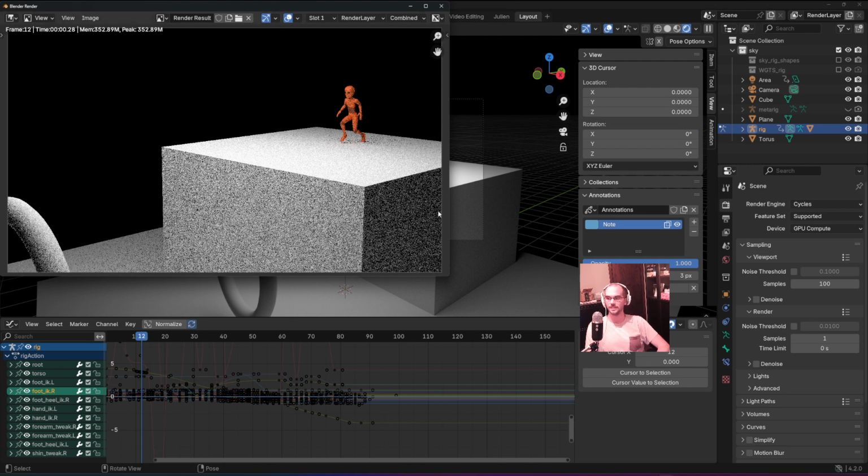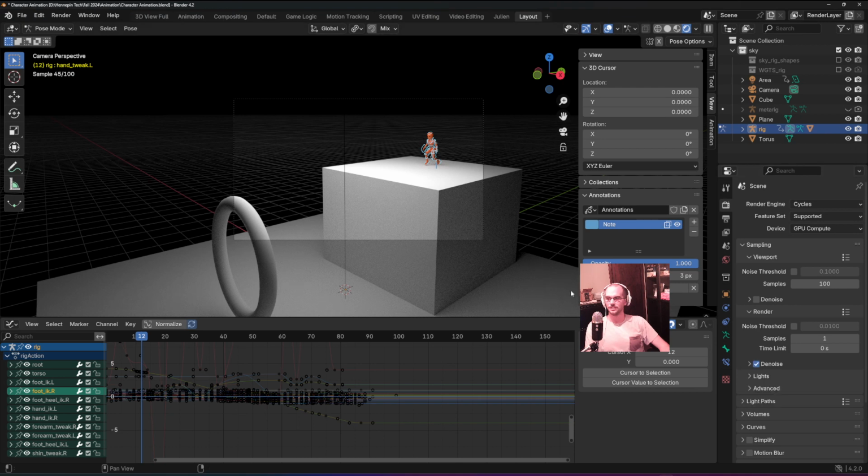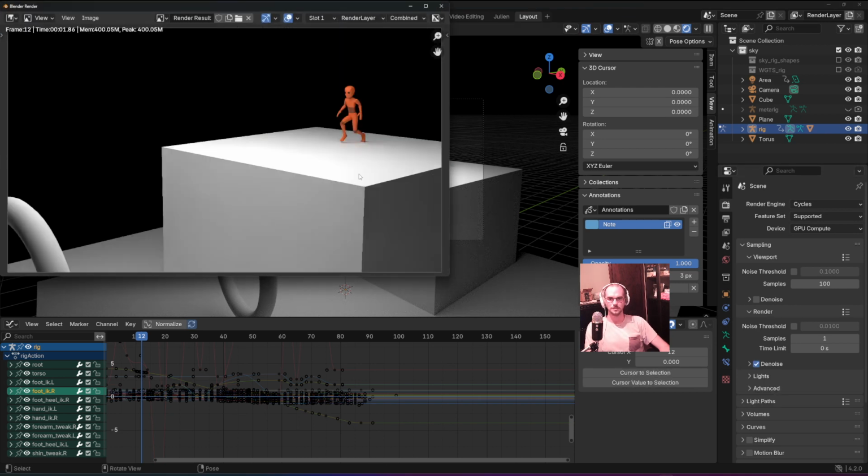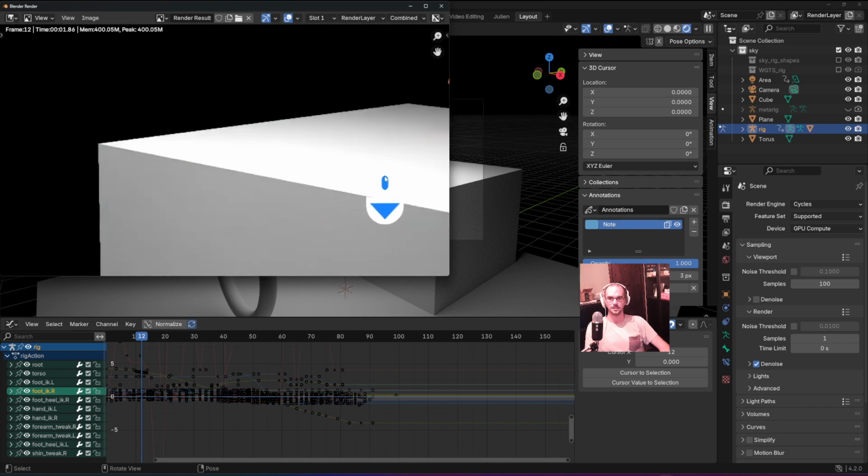Oh yeah, and this is it. Okay, and that's no denoise. So this is what it looks like with one sample and no denoising. Now let's turn on denoising and let's see what it does with render and one sample. So it does one sample and then it does a little bit of denoising. So you can see that there's,